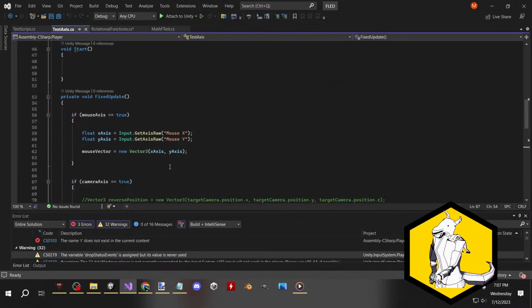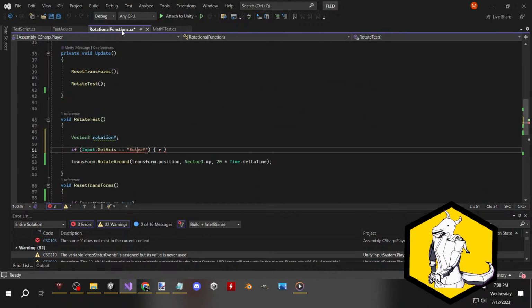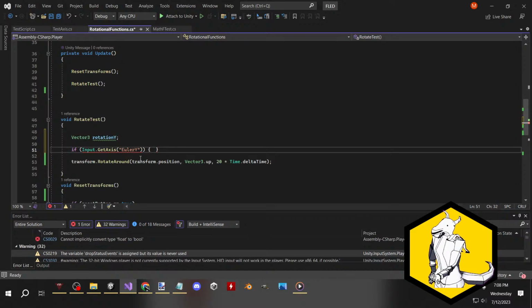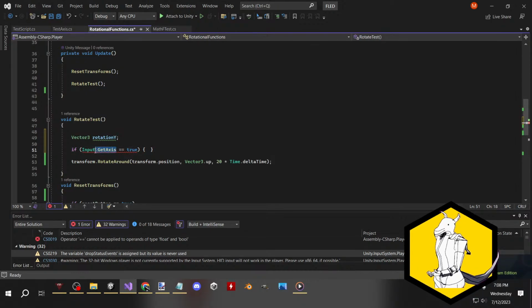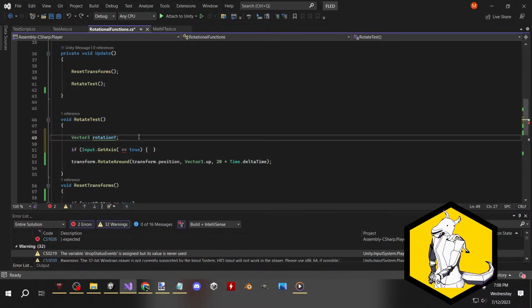Do I just type it in the whole thing? If input get axis, we'll just do that. So true? I don't know how to do this. What if I do this? Copy it. Paste it. Or hang on, what if I do